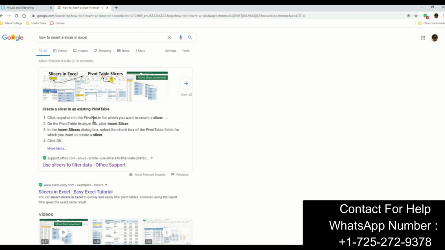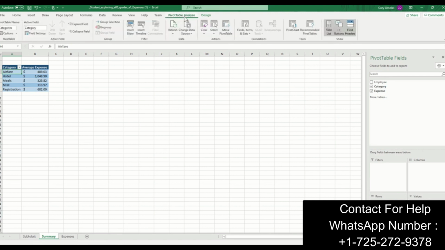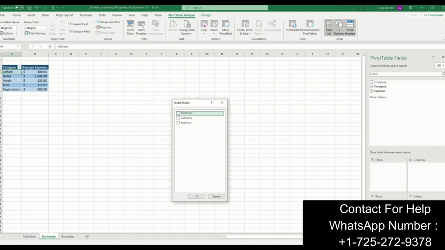So it says, click anywhere in the pivot table for which you want to insert a slicer. Click on the Pivot Table Analyze tab, Insert Slicer. So let's just start with that. That should be enough to get us through here. So it tells us to go to the Pivot Table Analyze, and it looks like here in the Filter group, there's an Insert Slicer tab. So if I go back to my instructions, they want me to insert a slicer for the employee field. So I'm going to select the employee field,